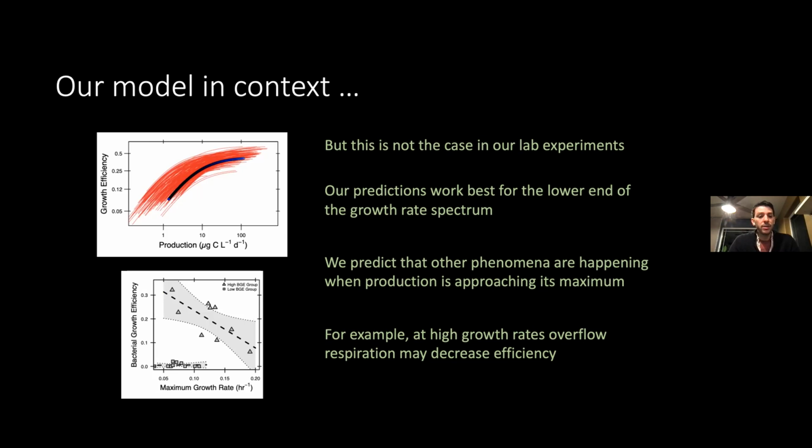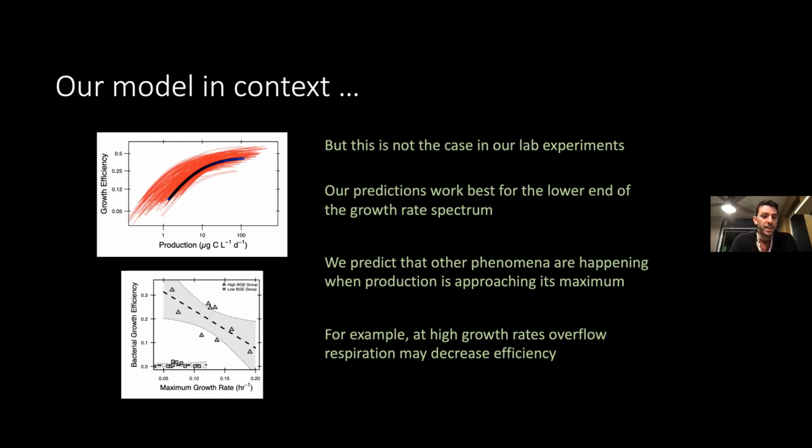For example, in those growth rate experiments we did in objective 1, all those organisms were measured at their maximum growth rate in a complex rich media. And so we think that when there are high growth rates, things like overflow respiration may be decreasing efficiency. Essentially, from a cellular mechanism, organisms can start fueling the TCA cycle